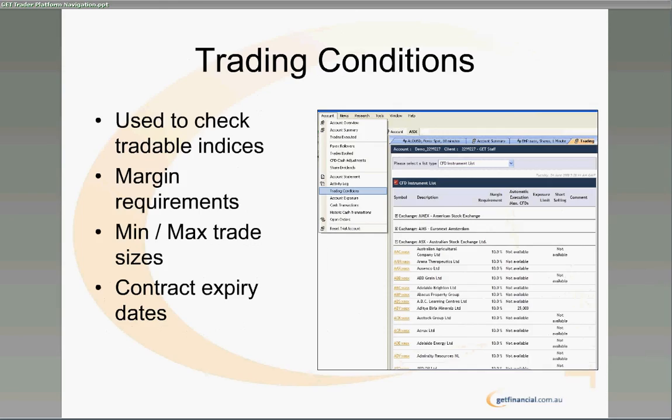Trading conditions are an important part of the platform if you're looking to trade derivatives such as foreign exchange, futures or CFDs. It outlines for you the conditions that are available given the current market conditions. You can check what's available to trade for CFDs, for example, what is shortable, the margins and the minimum and maximum trade size, and for futures